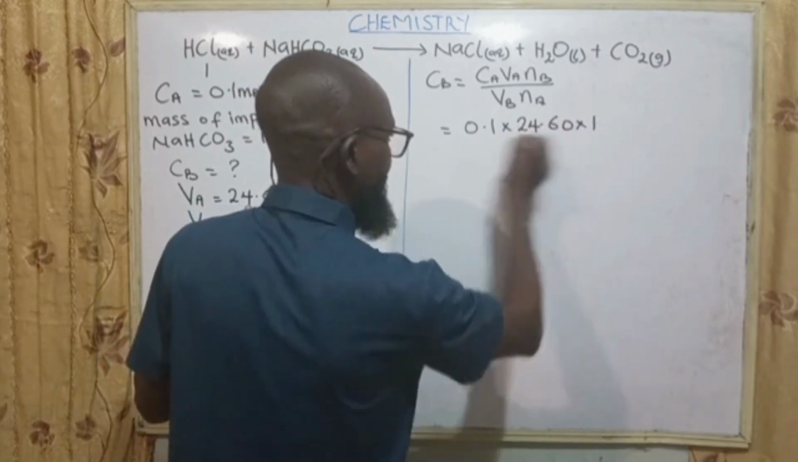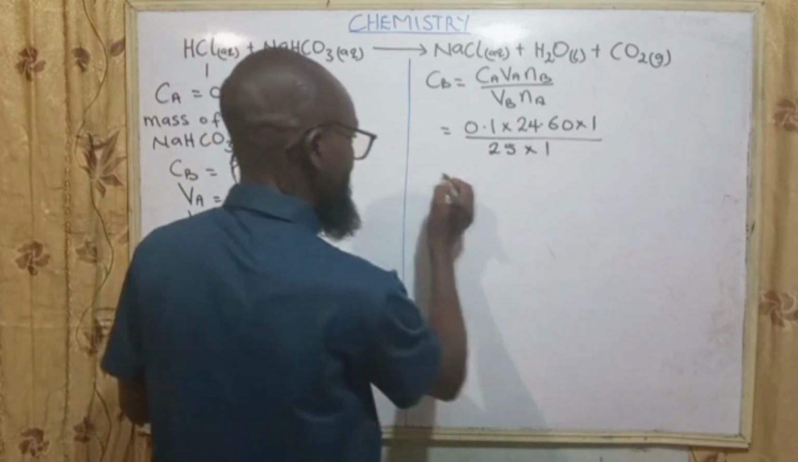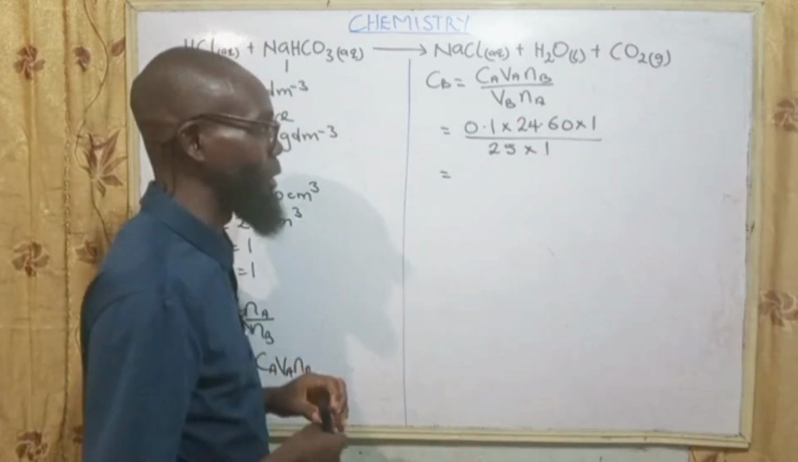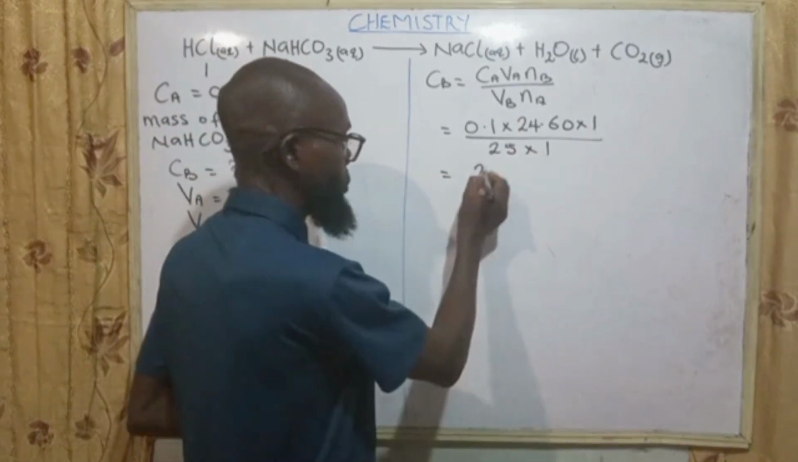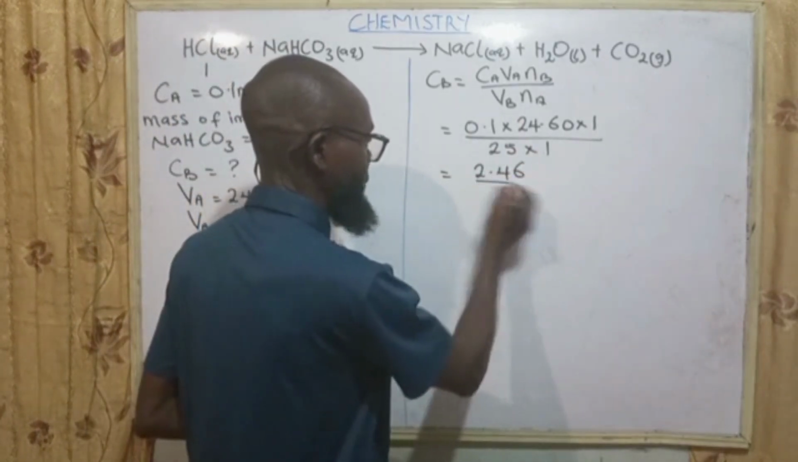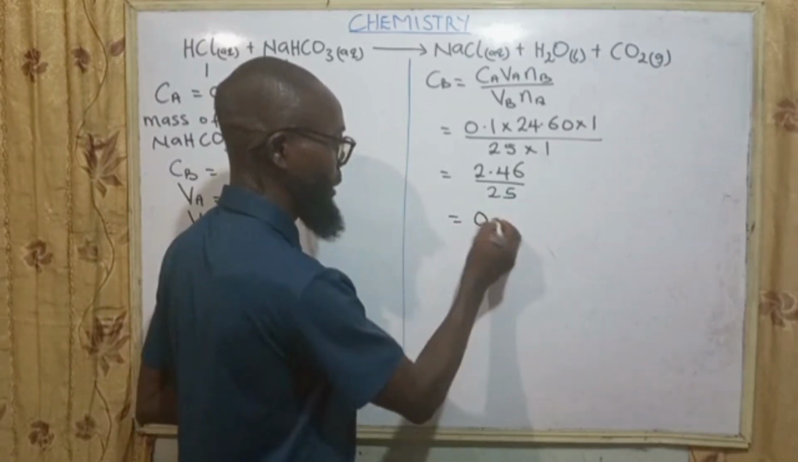Number of base is 1. Volume of base we use is 25 times 1. So we multiply 0.1 times 24.60 times 1. So we have 2.46 divided by 25. We have